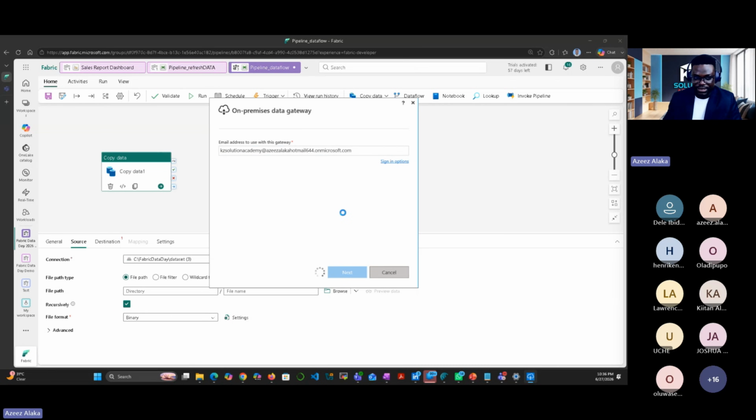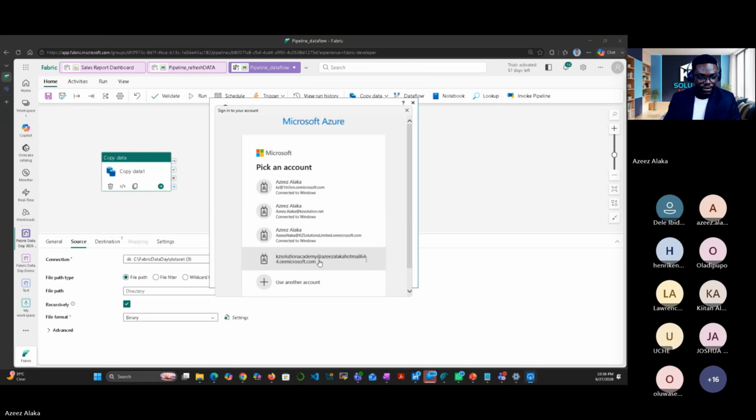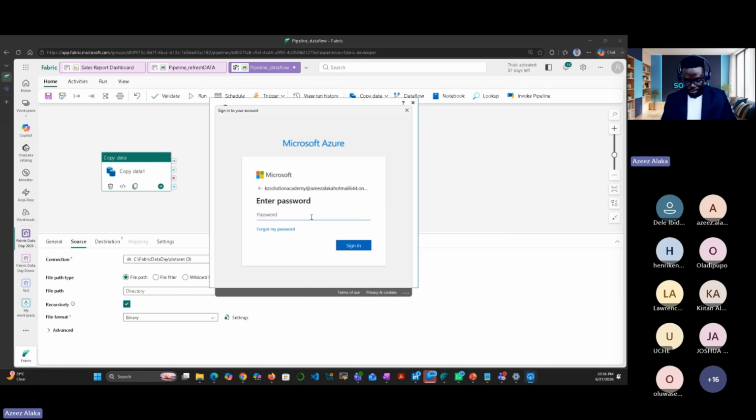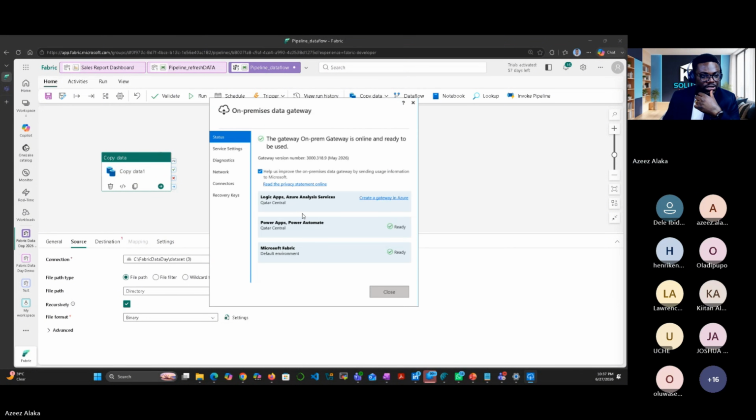So the gateway is serving as a security, because we don't want any data to be copied to the cloud directly. The gateway is online. Which gateway did this one create for me?